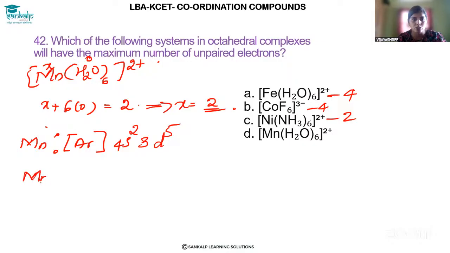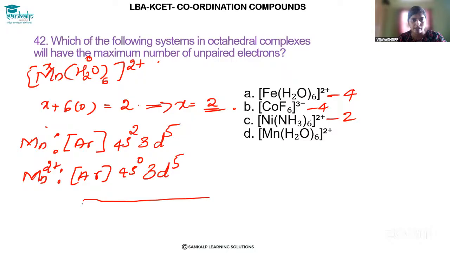So Mn +2 means 2 electrons are lost from neutral Mn. Therefore, its electronic configuration will be argon 4s0. Why have I written 4s0? Because 2 electrons are lost from s subshell. Mn2 plus, so 3d5 next. So when we draw the diagram,